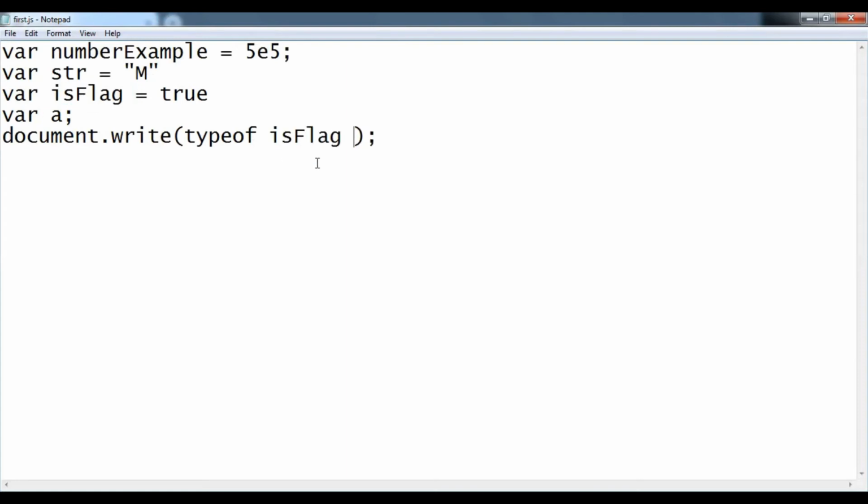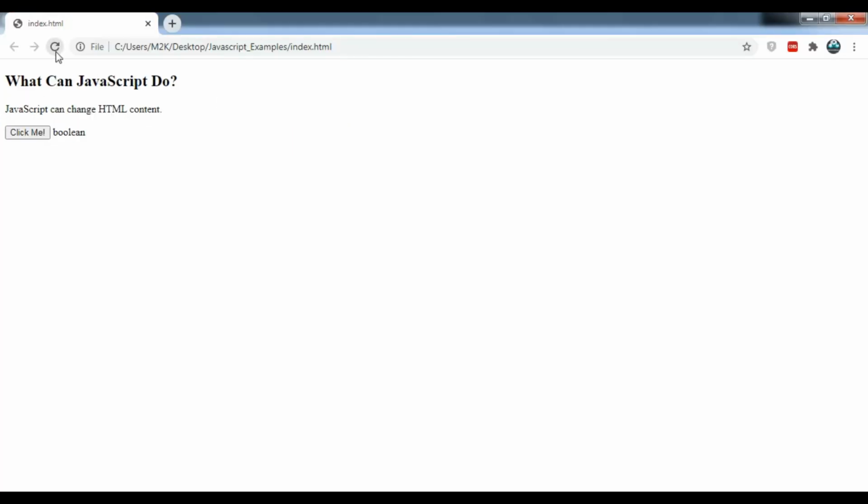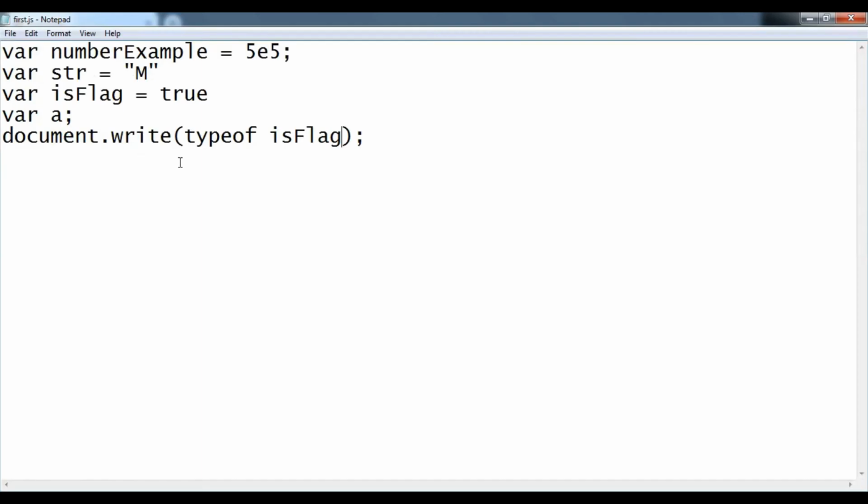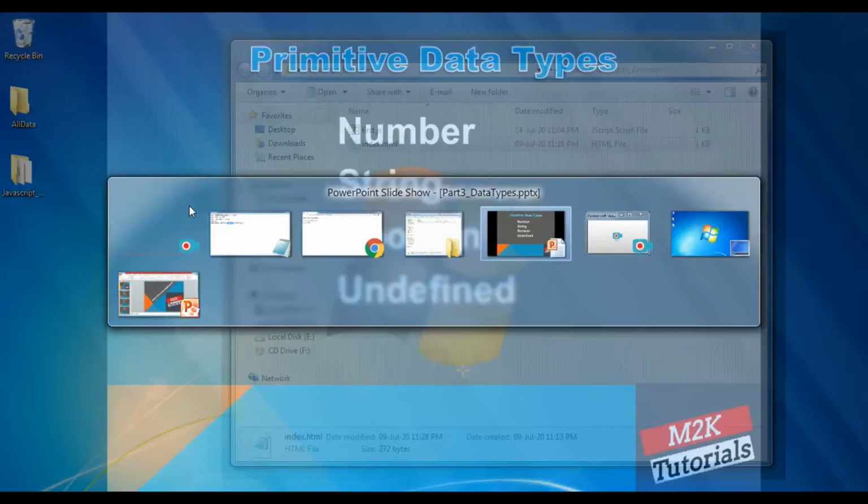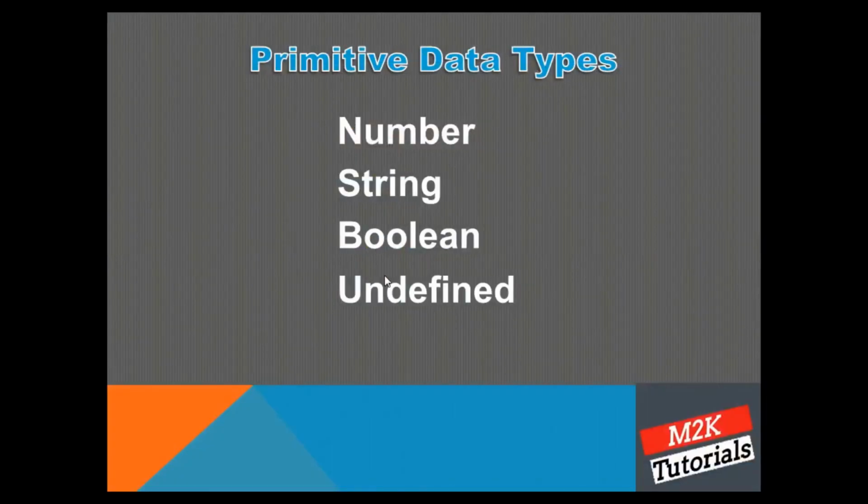Okay, so we can check that as well, and let's go here, giving me boolean. Okay, so we can check the type of a variable using the typeof operator. Alright, so these are the four primitive data types. Okay, number, string, boolean and undefined.